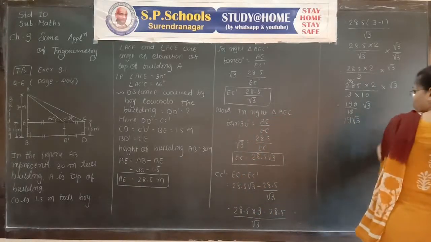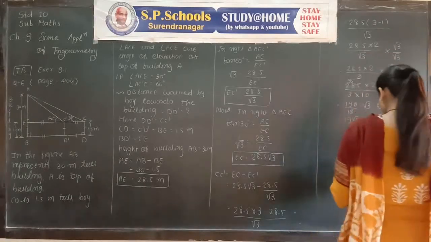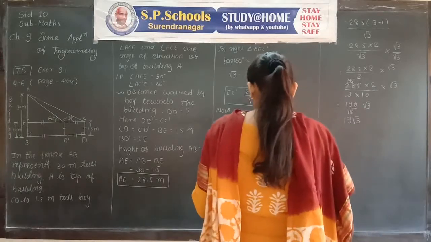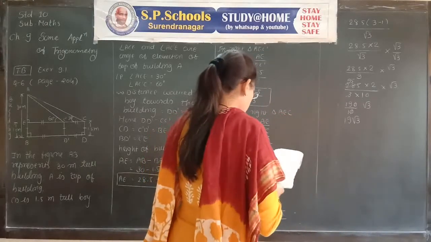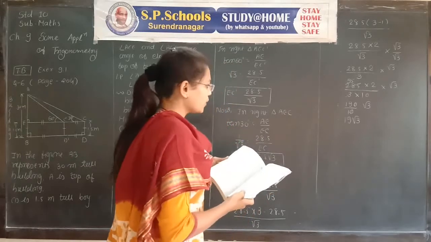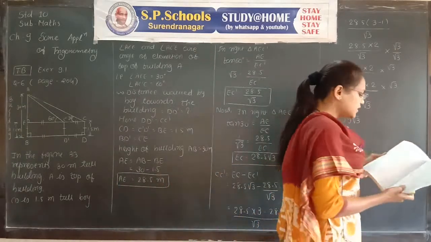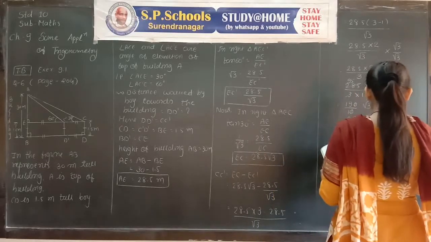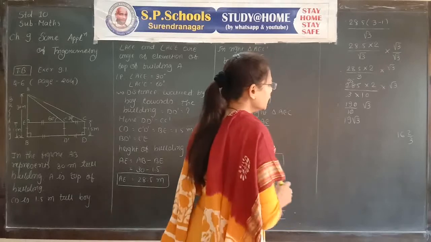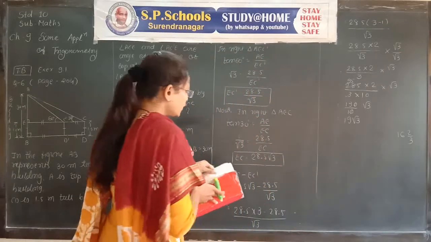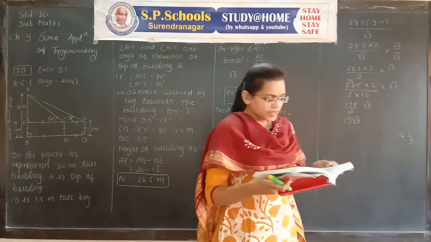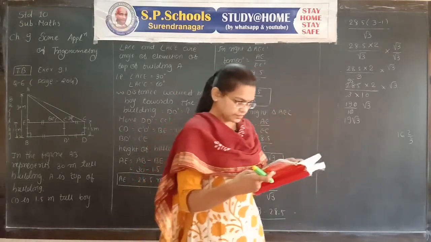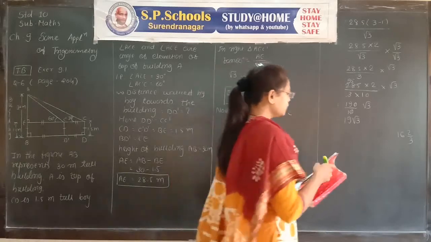It is a question from your exercise 9.1, 6th number, so checking the answer. In your book, the answer is 16 integer 2 upon 3. It is obtained by substituting the value of root 3, but in the question no value of root 3 is given. 19 root 3